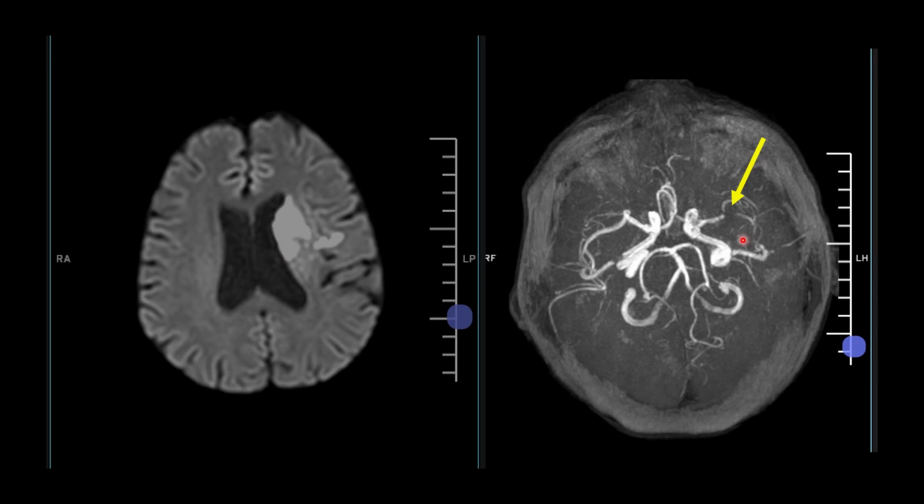On MR angio, what we are able to see is that there is a partial occlusion at the M1 M2 junction of the left middle cerebral artery, and there is an attenuated caliber of the distal M2 M3 M4 branches of the left middle cerebral artery. So this is a typical example of a small core, but there is a large area of tissue which is